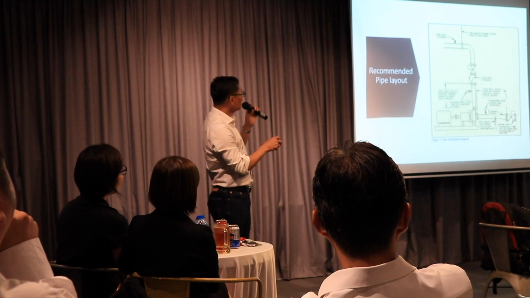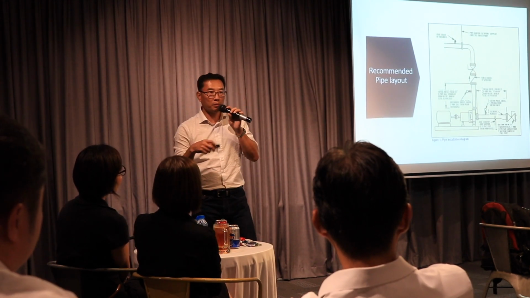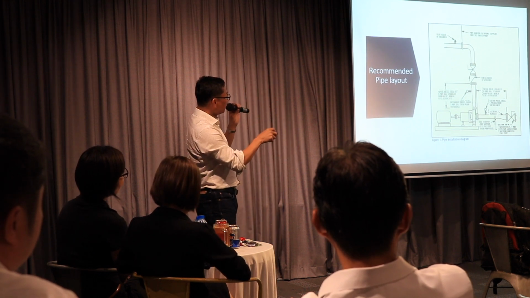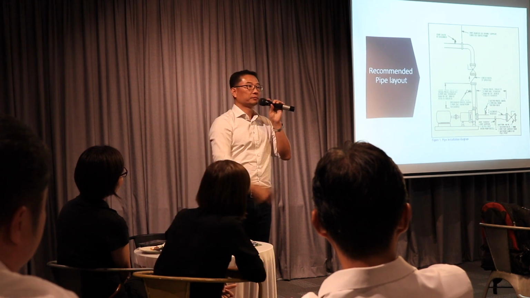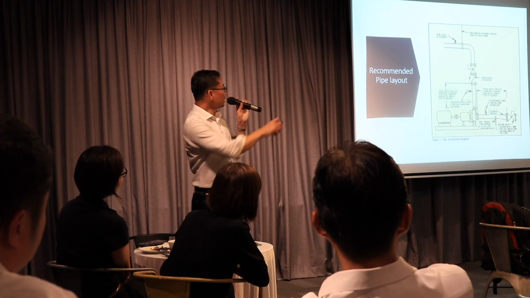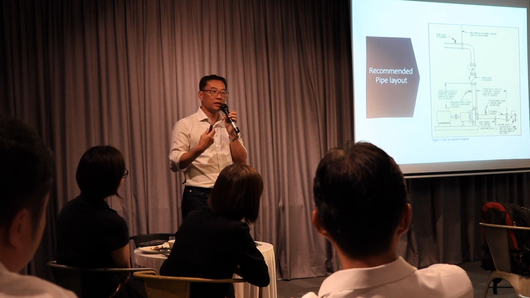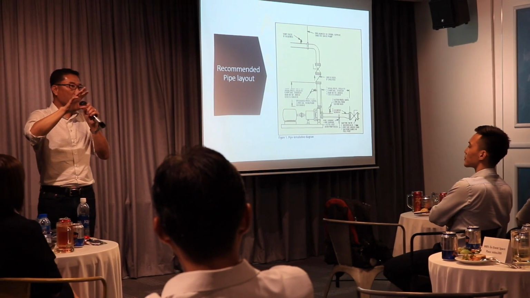You see here on top, there is an air vent. This is a common problem with a common header for a fire pump. Because at the top is the air trap, if you don't have an air vent to vent the air, all the air will be down there. This is the recommendation, not I say, but many engineers say that this is the best practice. If you look carefully, it's all about your pipe work